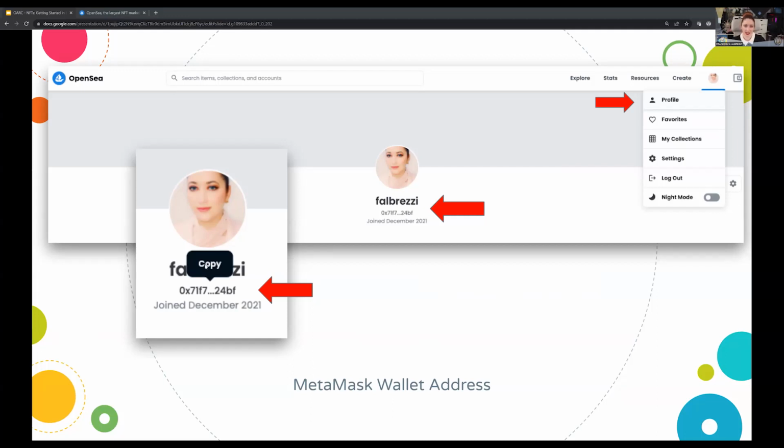And so you're going to go ahead and do that. I recommend doing this in a separate tab so that you don't disrupt what you're doing in the collections editor. Once you've copied that wallet address, you're going to go back to your collections editor and paste it there. Remember that you can also find that wallet address on your profile page at the bottom. So there's a couple of different ways that you can find that wallet information.